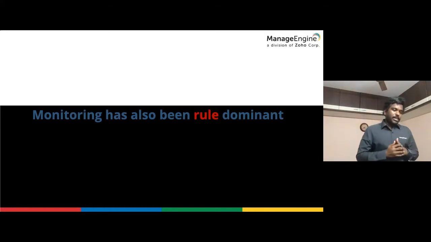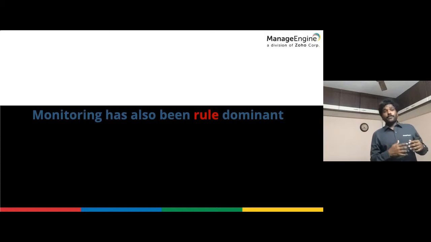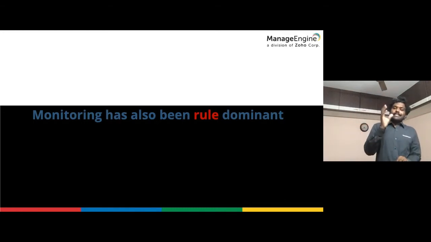But with AI coming in, and again I'll redefine it, basically it looks at your past data and then decides what to do with the current data. So AI is very past-data oriented, meaning if you don't have a particular style of training data, then your AI system might not be able to capture it, especially when you're using a supervised AI model. Like in security, monitoring is also very rule dominant, and so we'll see how to change the fact that it is rule dominant with AI.